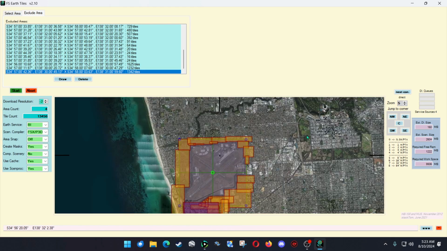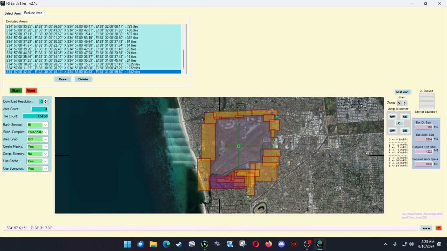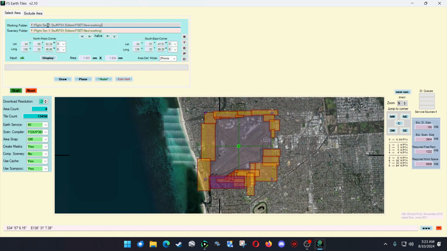Something like that. So once you've got your scenery worked out, it's going to be 4 images. You go back to select area. Now, set a path. Now, my path's automatically set because there's a FS Earth Tiles INI file. If you go into there, you can set your own custom paths. So this is a custom path, and then I put in a path where I want this airport to reside